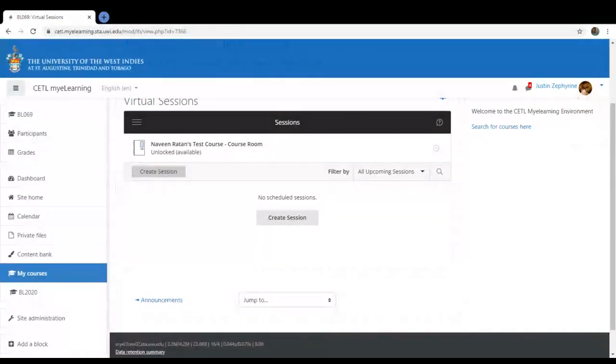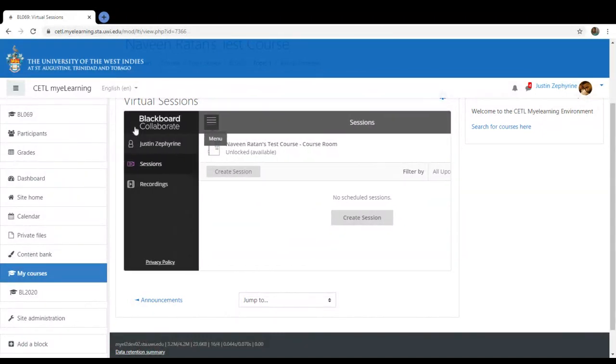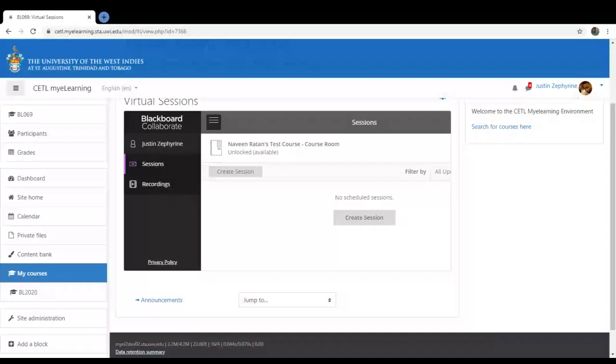Now, before that, and I know I'm jumping the gun a bit, but I don't want to forget, to access your recordings, you will click on this menu here. So already we see by setting up a virtual session, a virtual room, it provides a sort of repository, not just for the forthcoming sessions, but the recordings. So when you record a session, guys, it comes right here. All right, and I know I'm jumping ahead. I'll probably come back to it, but at least I wouldn't have to go in detail.